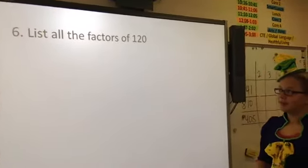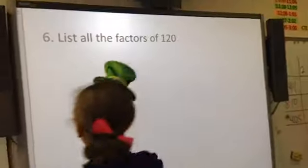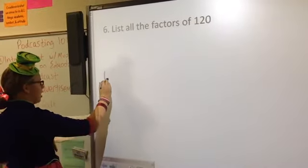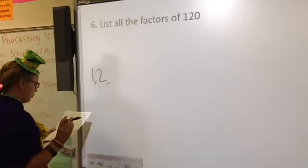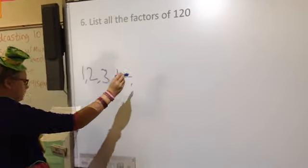Okay, so this is problem number 6, and it says to list all the factors of 120. So I always start with 1, because 1 goes into every number, almost. And then 2, and then 3 does go in, and 4, and then